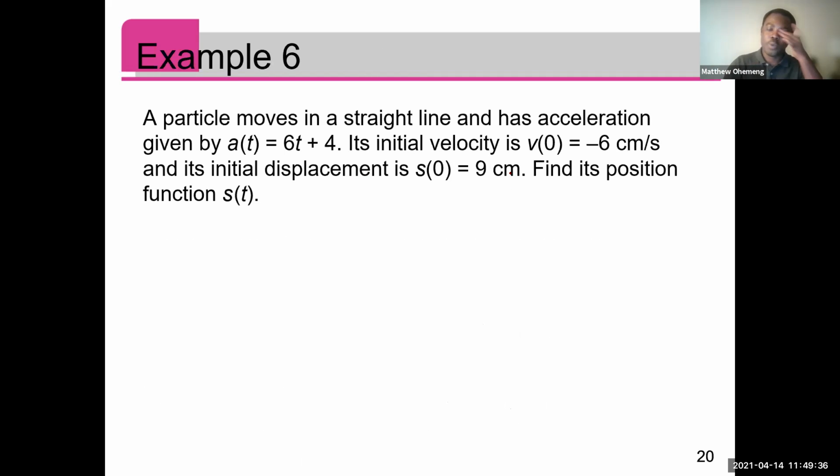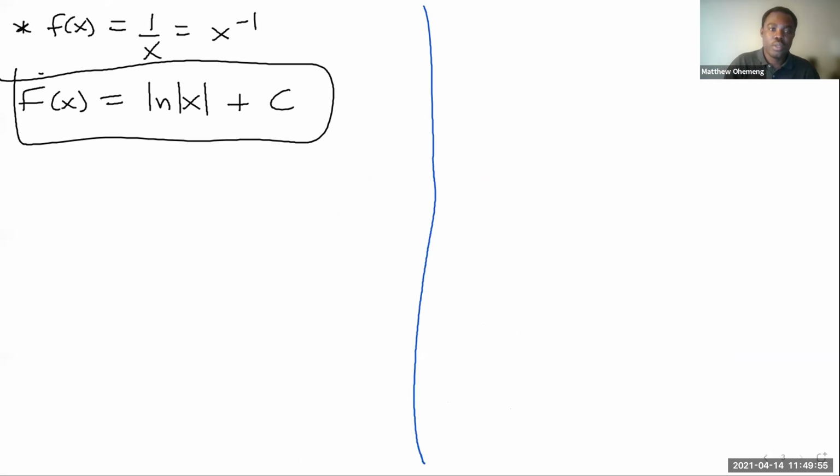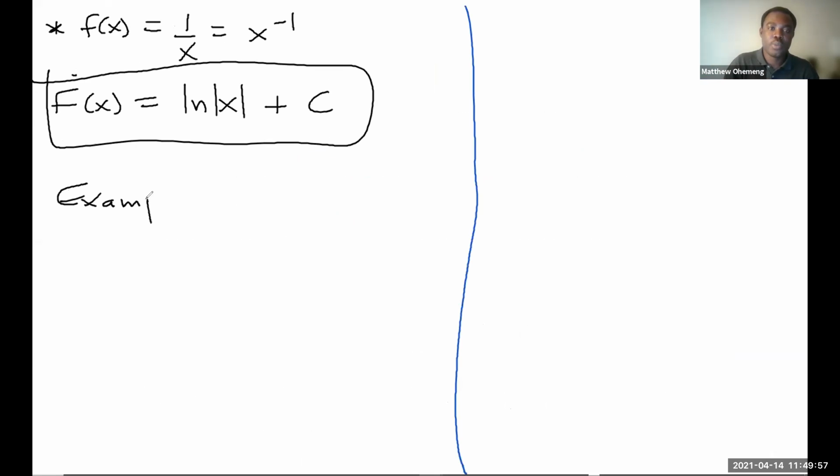So let's look at this problem. This is the last problem for this section. So a particle moves in a straight line, right? And you're given the acceleration to be 6t plus 4. They're given the velocity at 0 to be -6 and the displacement to be 9. We have to find a position function. So for this one, let me do this on a whiteboard. This will be the last thing I do. Example 6. So a of t,